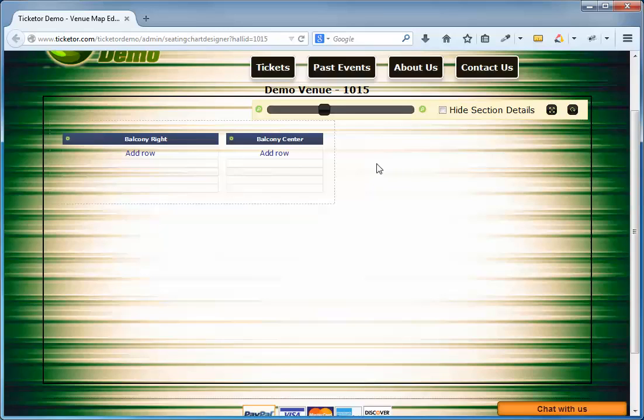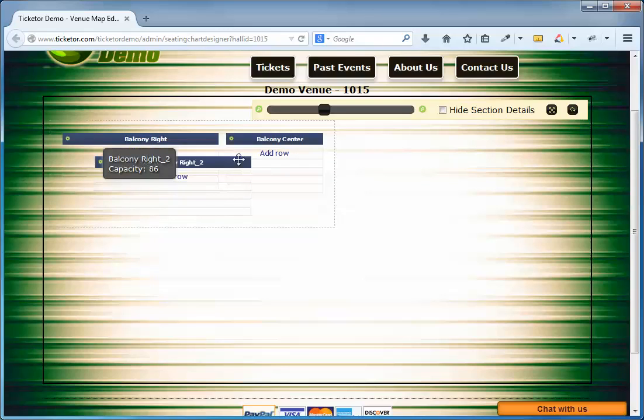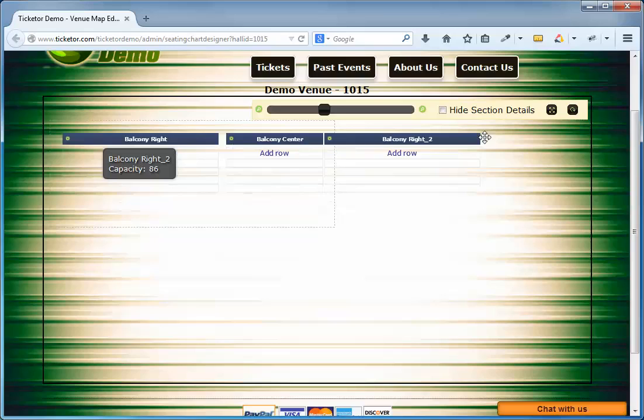So instead of creating a new section and adding all the rows, I can save time by duplicating my balcony right section. I just click on this gear button, click on Duplicate Section, and I can get a duplicate section for balcony right. I drag it over here,